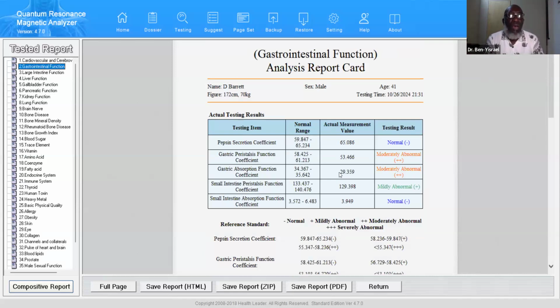This is the gastrointestinal. Number 1 is pepsin secretion coefficient. That's in the normal range. Once it's outside of the normal range, it would suggest that the stomach is not producing enough pepsin to digest protein. If there's not enough pepsin to digest protein, then the person is going to develop acidity, because what happens is that